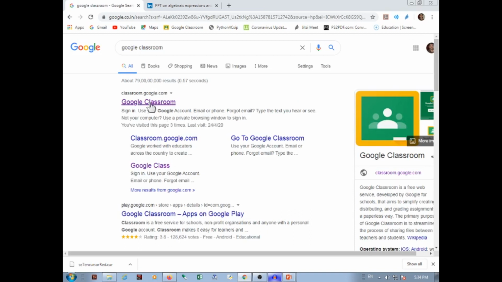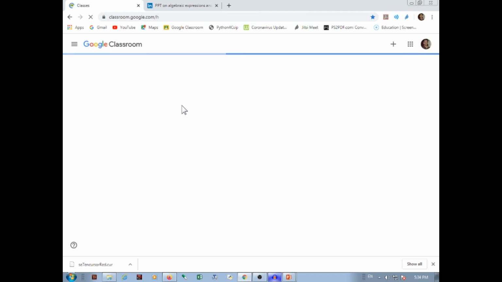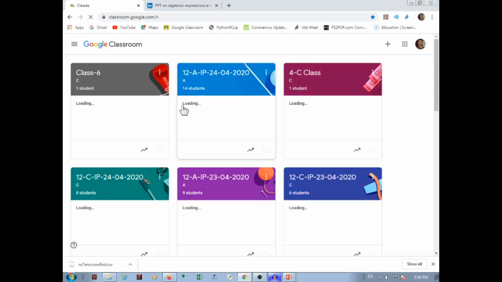Click here and it will take you to Google Classroom. If you are using it for the first time, it would ask that your email will be used for the purpose. It is very easy to get in with Google Classroom. This is one way by which we can directly get Google Classroom.